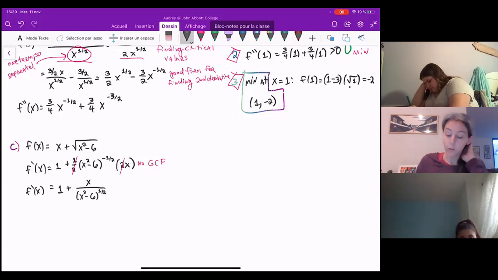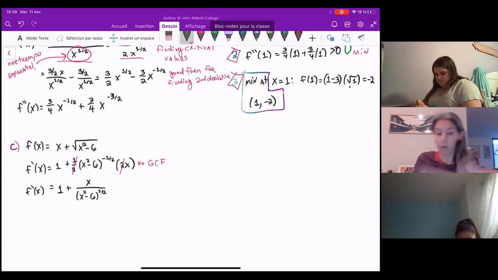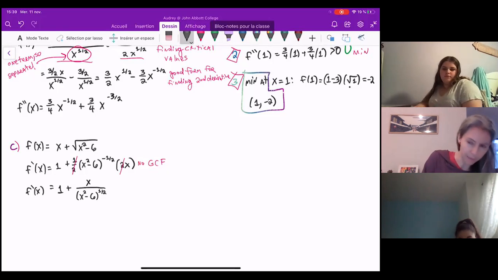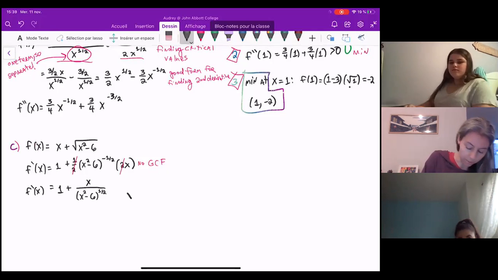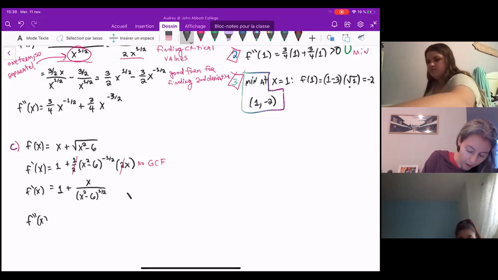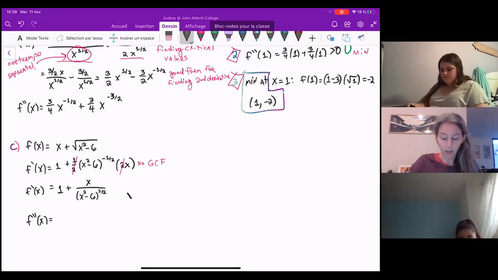Good, okay. So now this is the only form that we have. I mean, this is the best form. We're gonna have to simplify from here, and we're gonna have to find f double prime from here. By simplify, I mean we're gonna have to find our critical values from here and find f double prime from here. So f double prime of x is